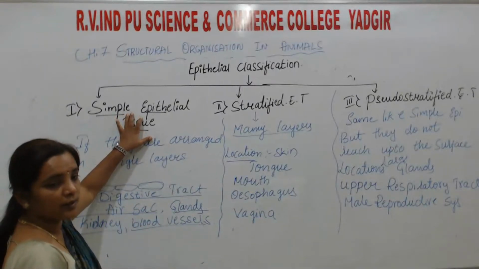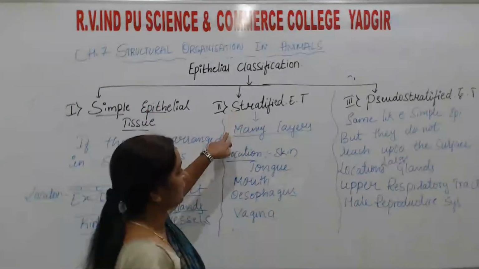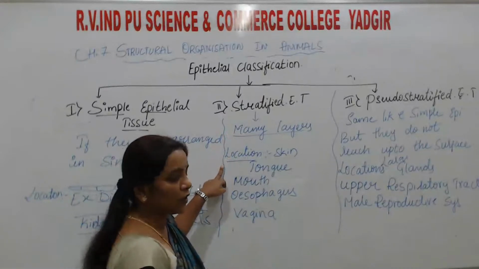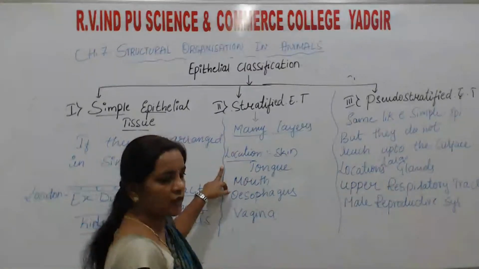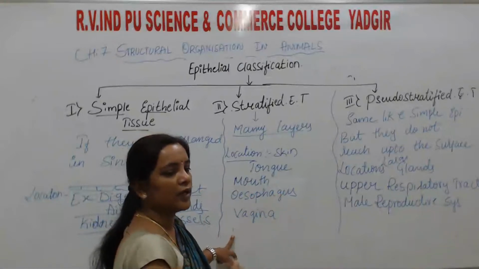They are considered to be simple epithelium. Stratified epithelium, they are arranged into many layers. Location, if you take skin, tongue, mouth, esophagus, vagina, all these are made up of more number of layers,